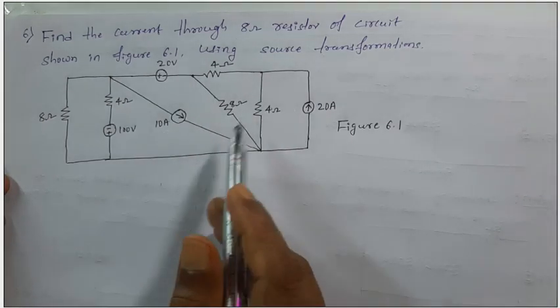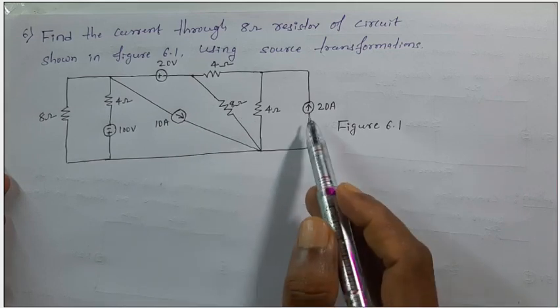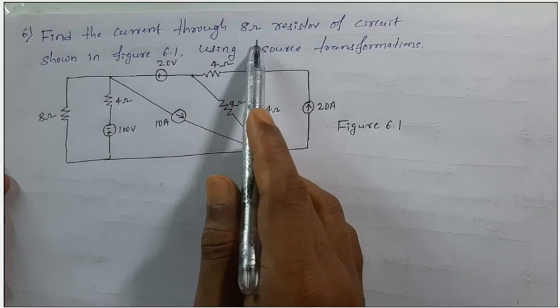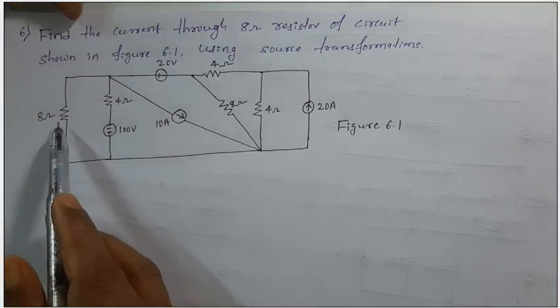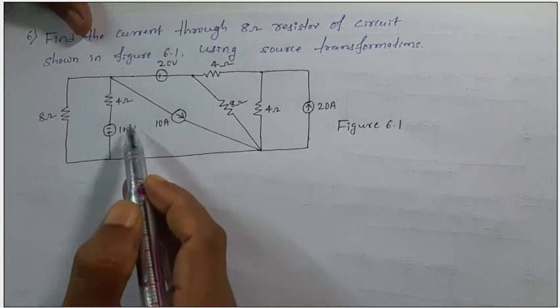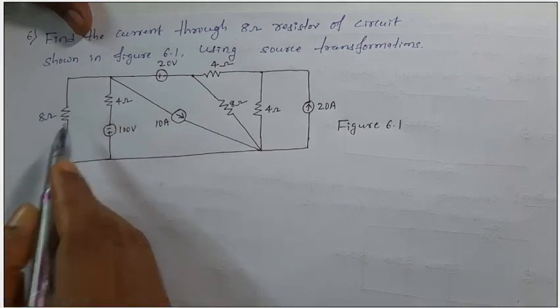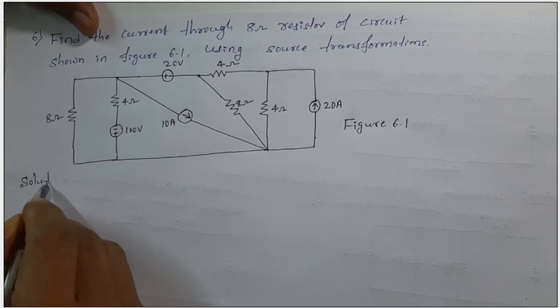This is a little bit typical but very easy, dear students, where we are supposed to find the current through this 8 ohm resistor, and obviously we should reduce this network from right to left, because here we should find the equivalent. Okay, so first starting with the solution,